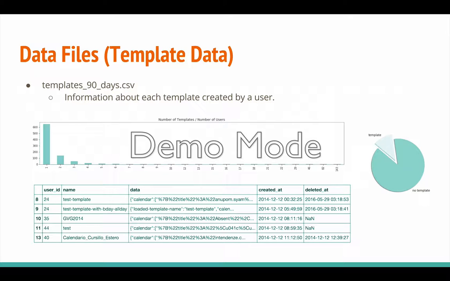Then let's look at the template data file. Every time a user creates a template in the website, it creates a record there. Again, it contains user ID, name, a JSON data dump, created at and deleted at timestamps. So on the right hand side, that pie chart shows how many of our users, from the total user base, actually have templates